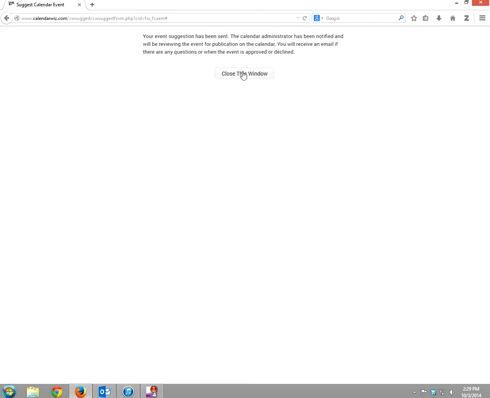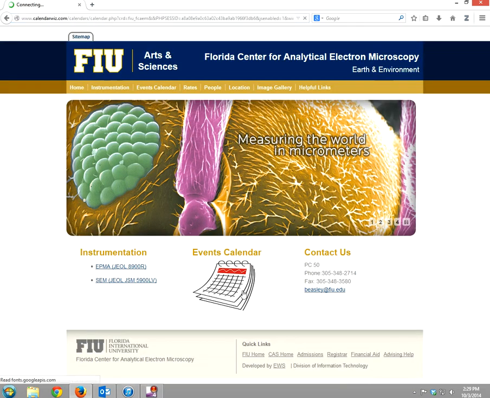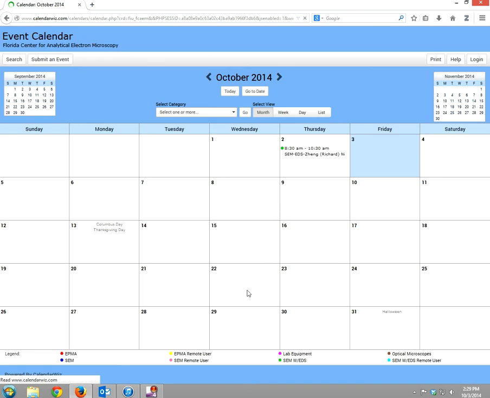Once it's approved and there's no scheduling conflicts, if you go back to the Calendar Whiz website, your event will show up on the calendar, and